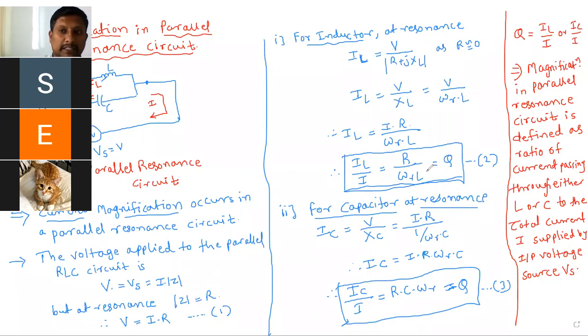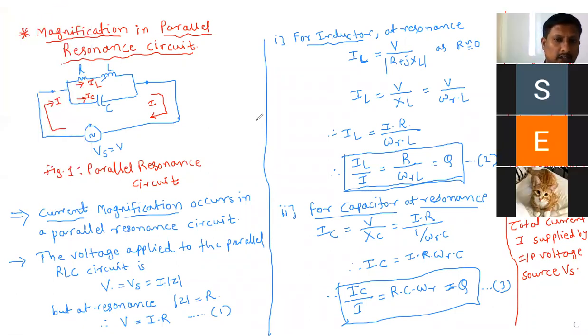Many students make a mistake here. They write R by omega R into L is equal to 1 upon Q. That is not correct. It is for parallel resonance that we have to take this, not series resonance. Similarly, with respect to parallel resonance circuit, we have to take the Q. If you take care, you can write the proper and correct answer. So read all those things. I will give 1 minute. If any line is not understood, please ask.